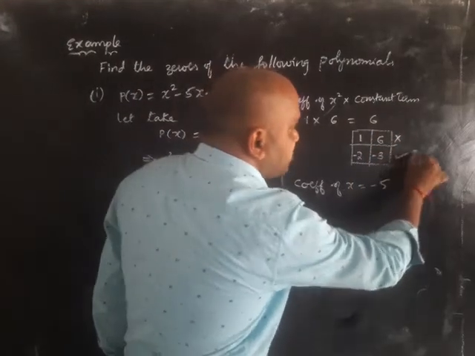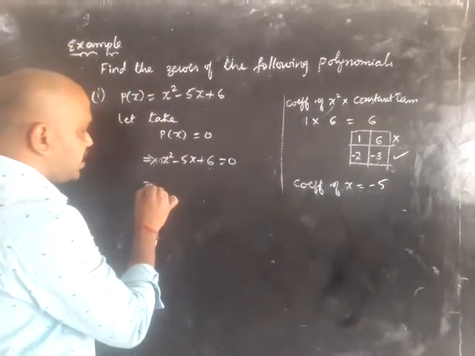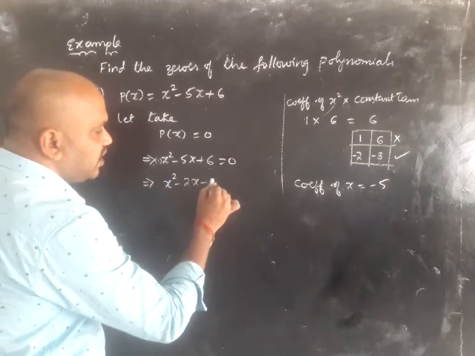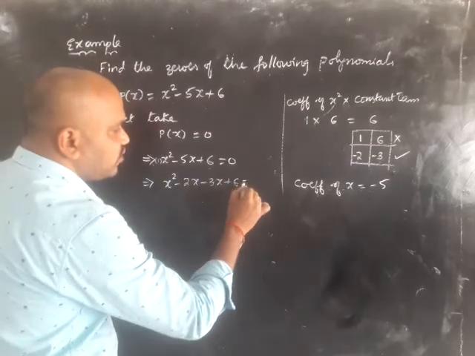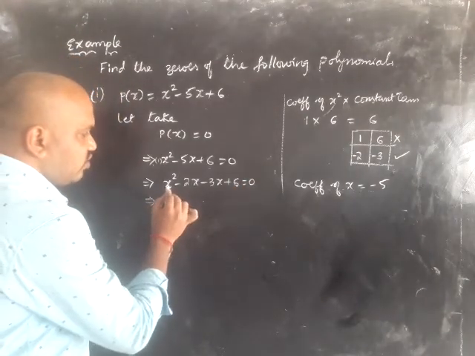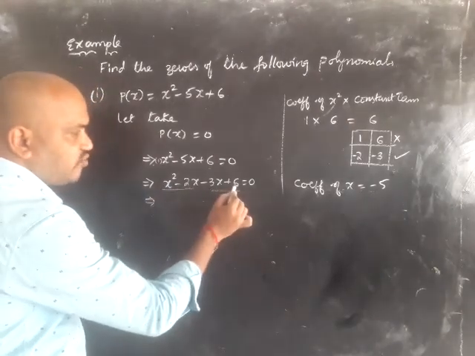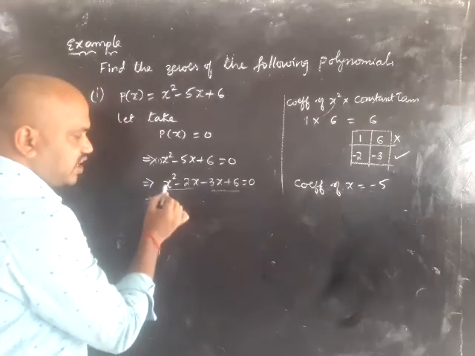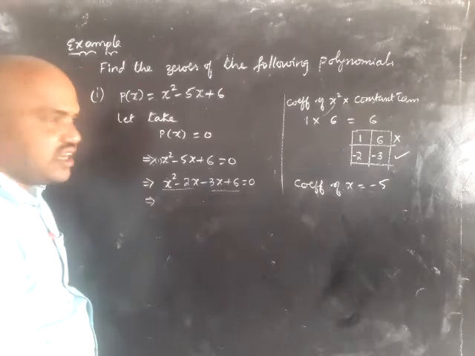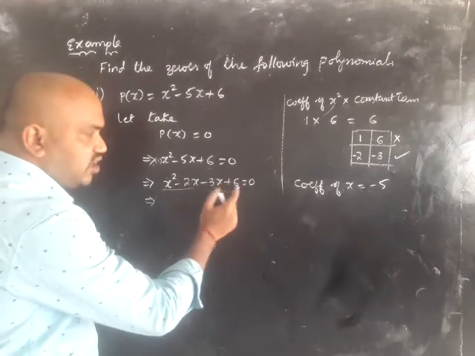So it is satisfying. So we can write minus 5x as x square minus 2x minus 3x plus 6 equal to 0. Now from these two, from here you take x common, from here you can take 3 common. Here x square is nothing but x into x. Here x is there. What is the common here? x is the common. Now here 3, here there is no x.